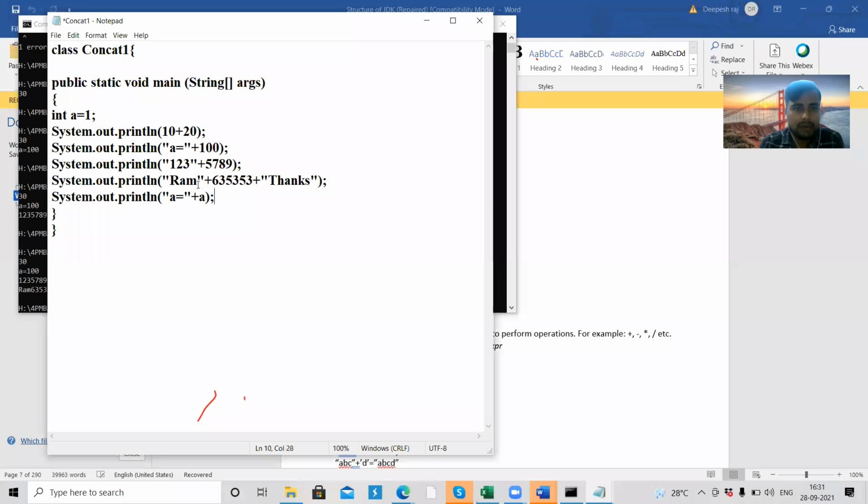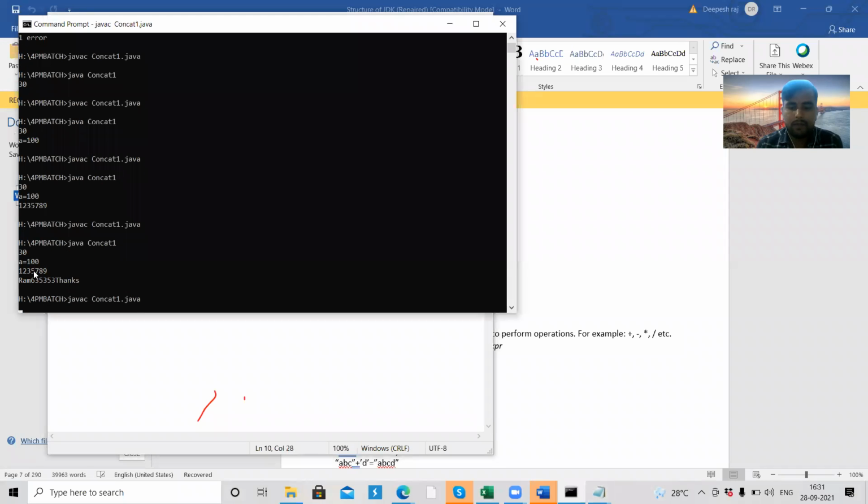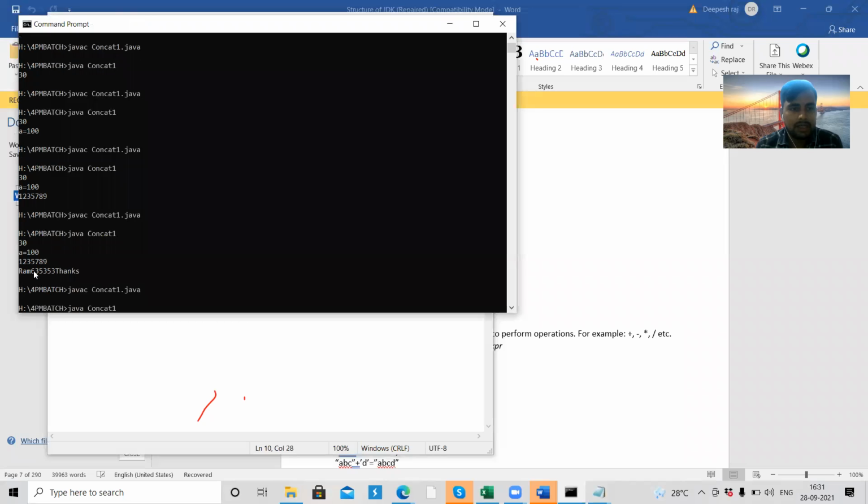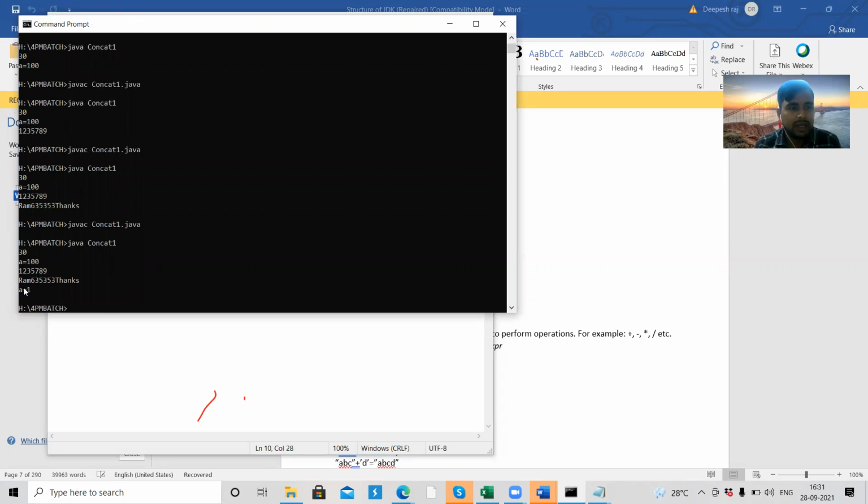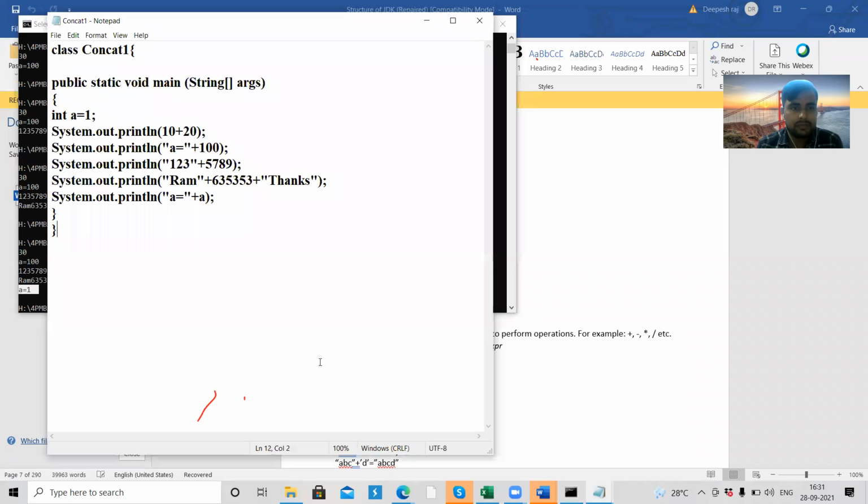So it will print the value of a, meaning a equals 1 is going to be in the output. If we compile the program, we are getting the proper value, a equals 1.